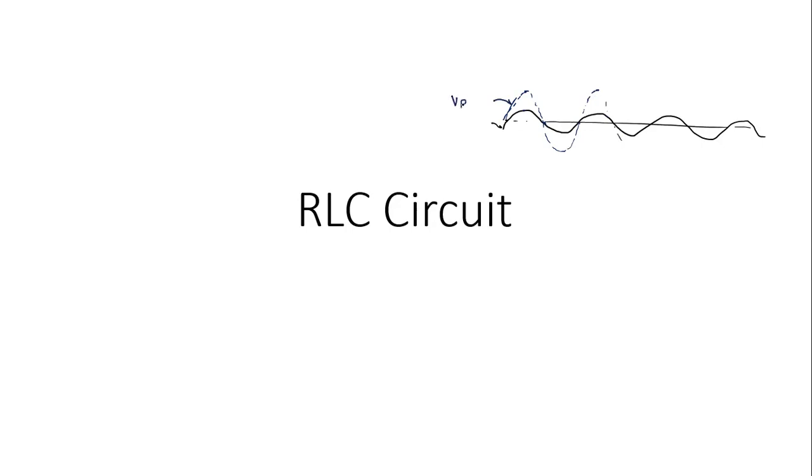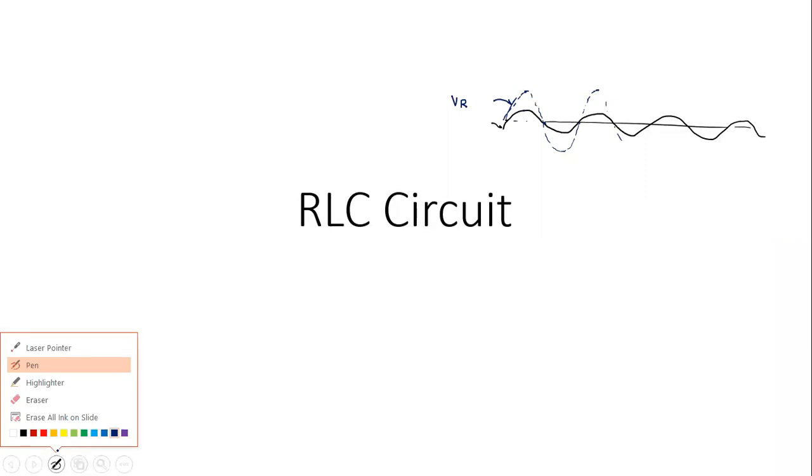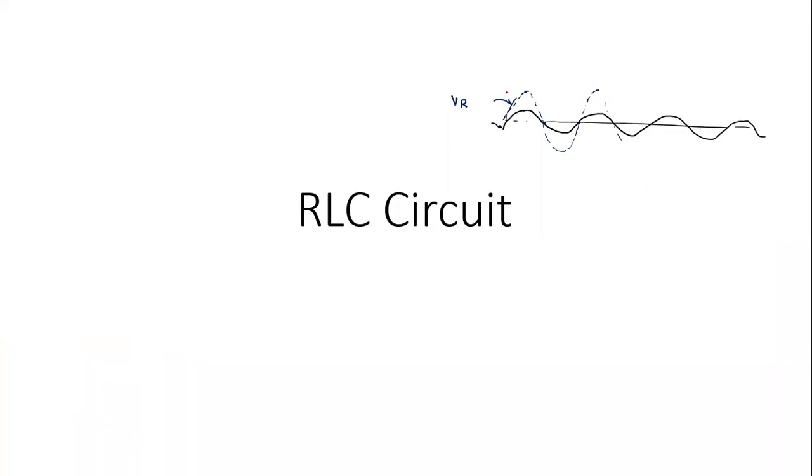We all visualize how VL would vary. If we have to draw at the same instance, if it is possible to measure, VL will lead by 90 degrees. This VL will vary like this. It will reach here. This will vary like this. Okay, this is how VL will vary. This is what it means. So this is how VL will be, and whenever this is maximum, this is how VL will vary.